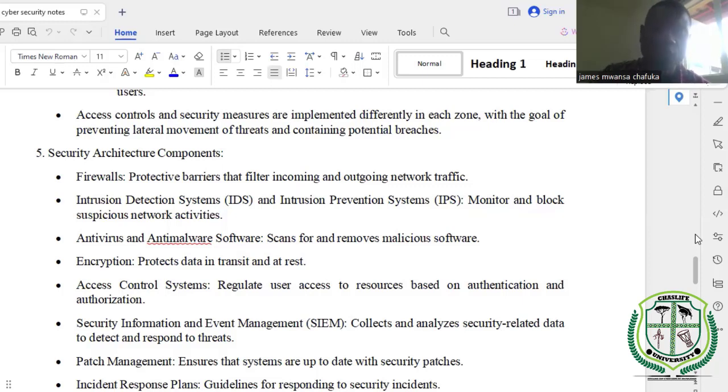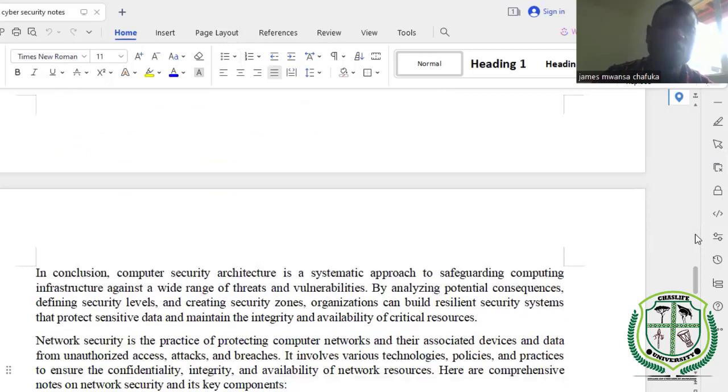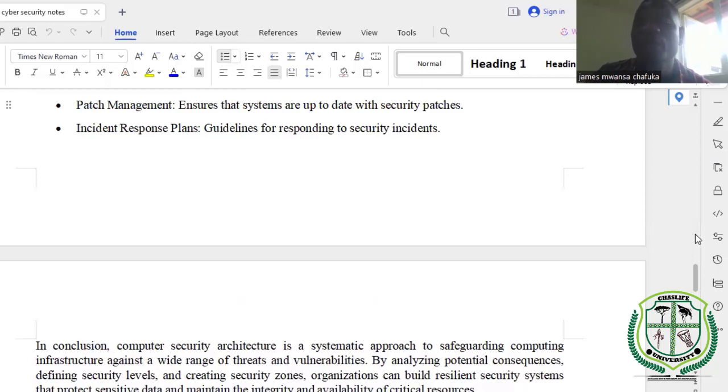And then we also have security information and event management, which collects and analyzes security-related data to detect and respond to threats. Apart from that, we also have patch management, which ensures that systems are up to date with security patches, and incident response plans, guidelines for responding to security incidents, and so on and so forth. So these are very important on the aspect of computer security threats. And then in conclusion, we are saying that